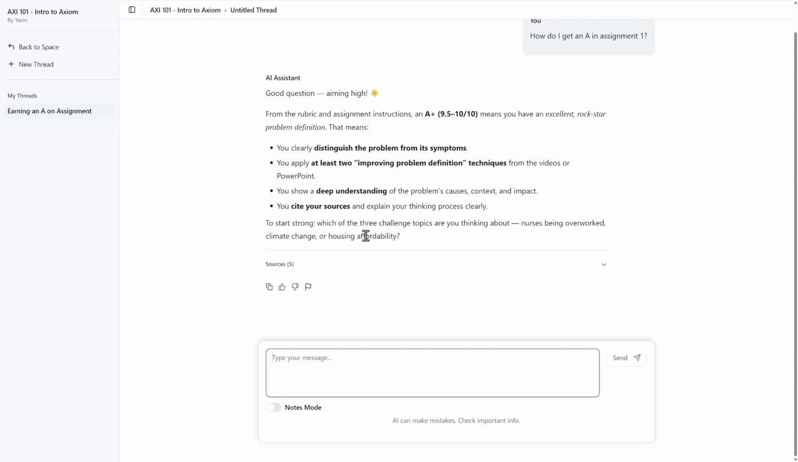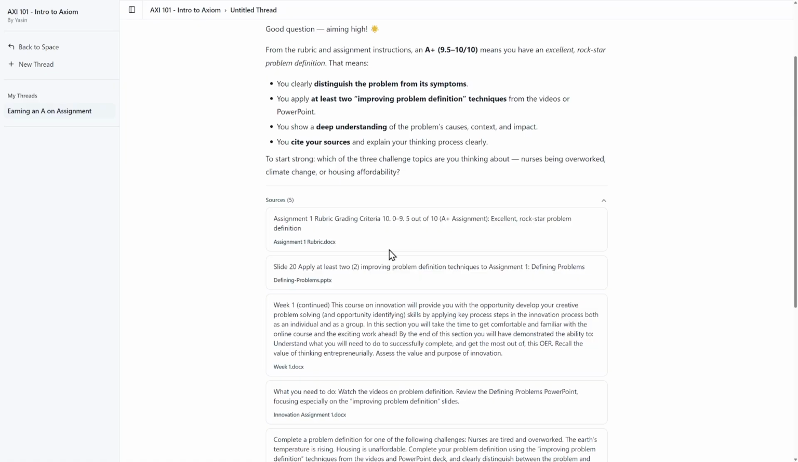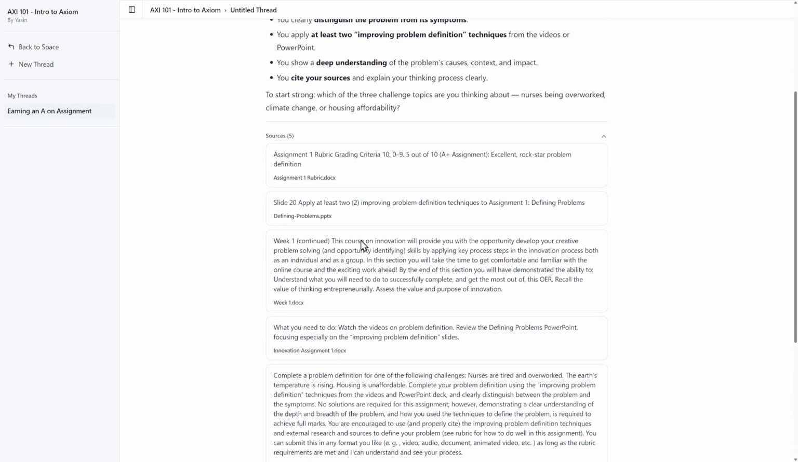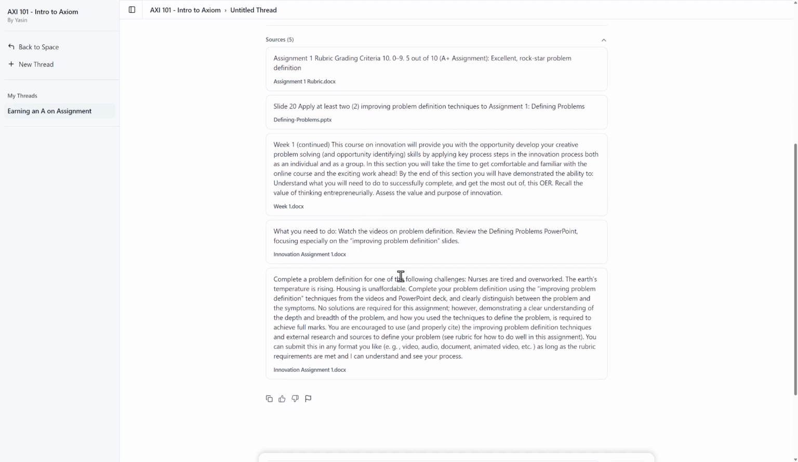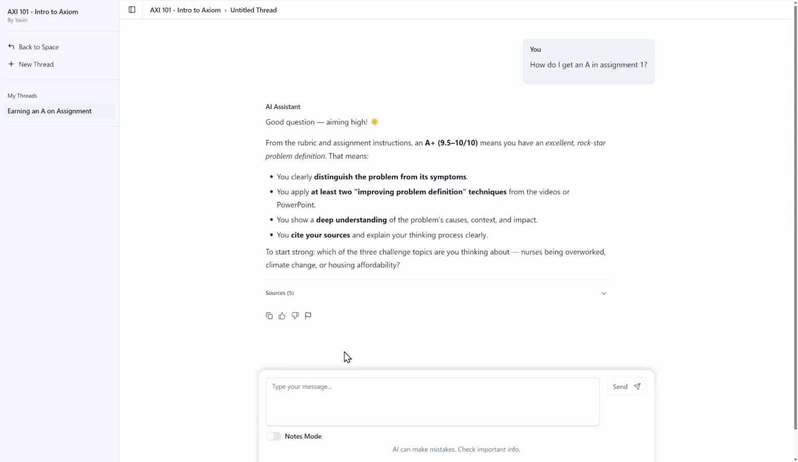You can see here it's provided the answer, and it can see the sources it's used to provide that answer. It's used the rubric, the PowerPoint slides, information from week 1, information from the assignment itself. And just like that, I have my answer there. I can always thumbs up and rate the responses as a student, and that's how threads work. At any point in time, I can create a new thread,